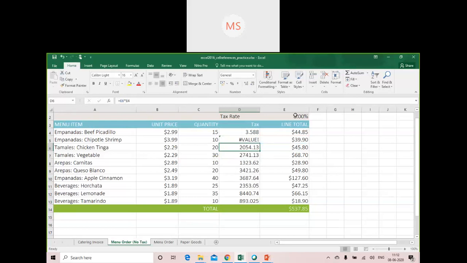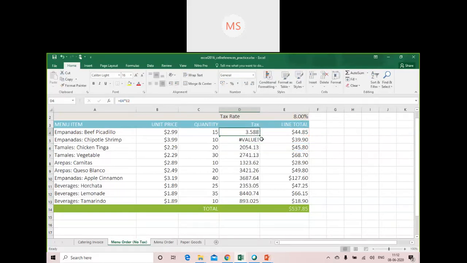Why? Because the percentage value is there in only one cell, that is the E2 cell. So I cannot assume it to be in E3, E4, E5 and use it for my tax calculation, because if I do so, I will get a wrong answer, as in this particular example.